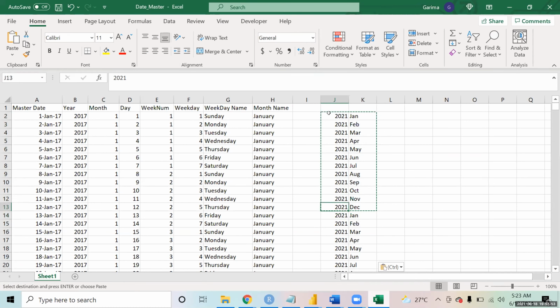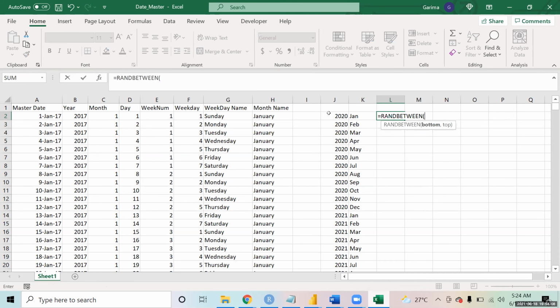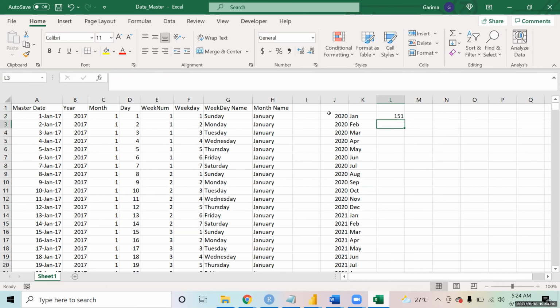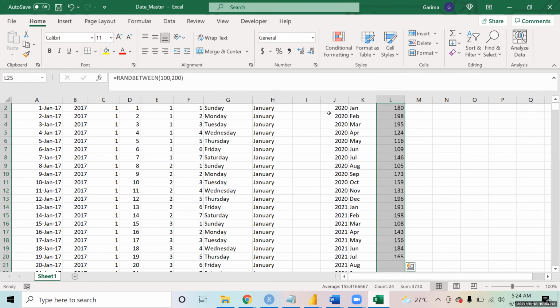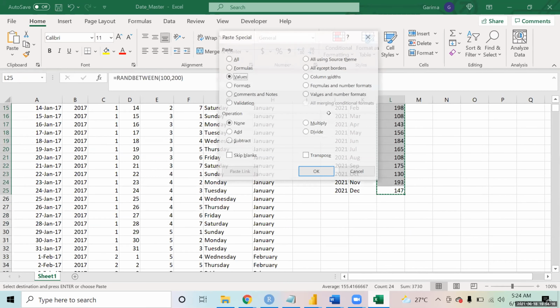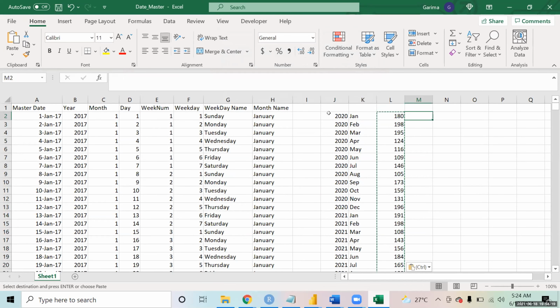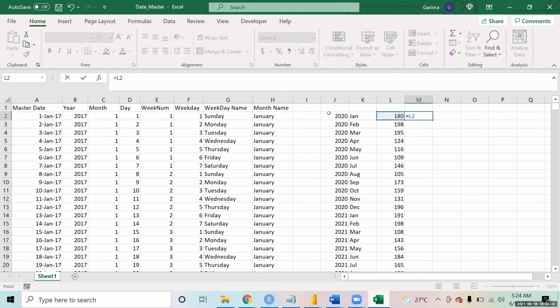So what I do over here is I have the sales value, equals to rand between. Basically YTD means that we cumulatively keep on adding the sales month on month till the year ends. So if this was the sale over here, this is the actual sale, and this is the YTD.